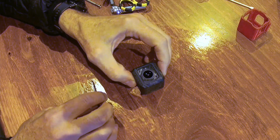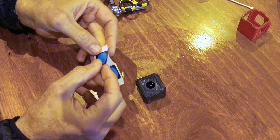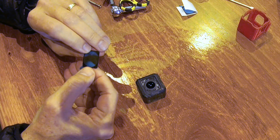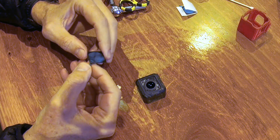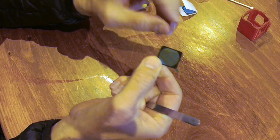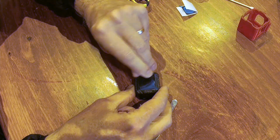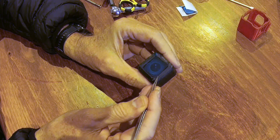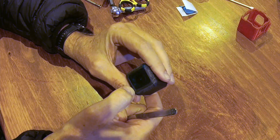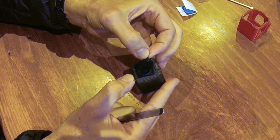But anyway, let's give it a go. See if we can get the new protective glass on. Work out how these things go. Looks like it's one of those things where you peel one side and stick the other. I wonder if I should stick it down on this side first. Or is that supposed to just stick on there like that? I'd be surprised because it doesn't feel that sticky on that side of it. Although,